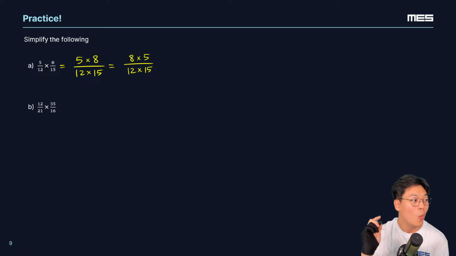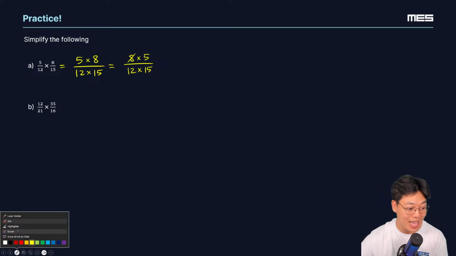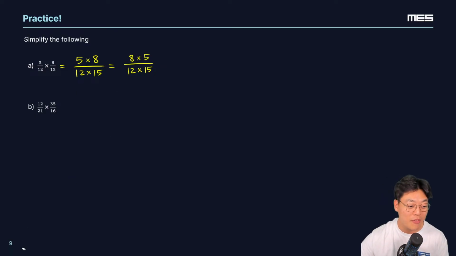8 and 12. What is a common factor that we can cancel from both 8 and 12? We know that 8 and 12 are both even, so they'll both be divisible by 2. So 8 divided by 2 will give us 4. Oh, all right, Max and Chloe, you're ahead of the game. Let's do that instead. 8 and 12 are both divisible by 4, right? Let's jump it up a level. 8 divided by 4 is 2. 12 divided by 4 is 3. Amazing. 2 and 3 don't have anything in common, so we're done there.